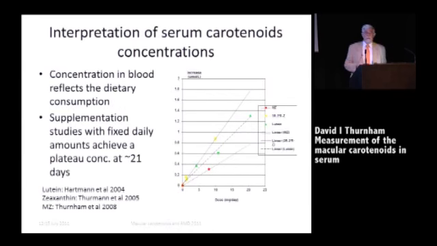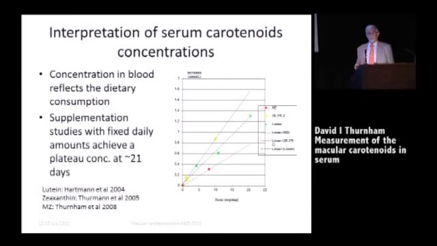In terms of response, how do we quantify what a serum value means? Well, I think there's some very nice data available. There's probably data from others as well, but there are 2 very nice publications which came out from Hartman and Thurnham. This isn't me, this isn't a spelling mistake, this is somebody else. Hartman supplemented with lutein at 2 levels, 20 milligrams and 4 milligrams, for a very long period of time, well over 40 days. And likewise, Thurnham did a similar experiment using 10 milligrams and 2 milligrams of zeaxanthin.